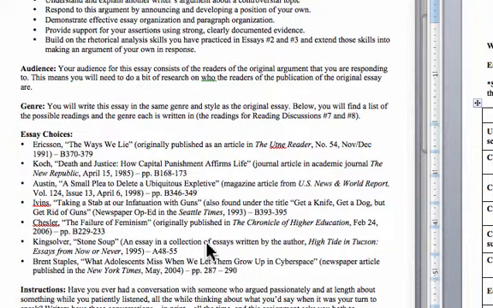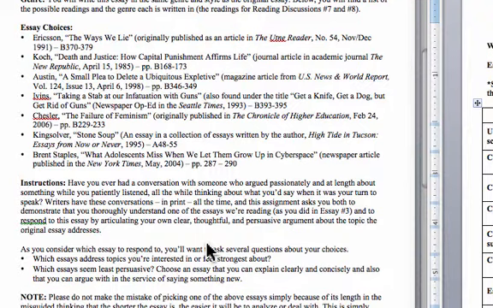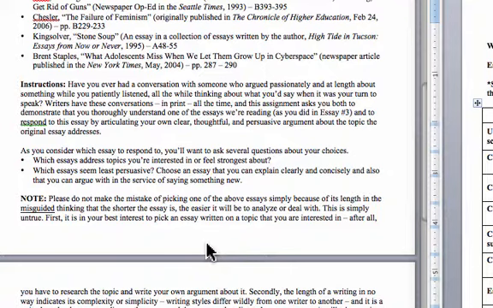Okay? Whereas Kingsolver's piece, Stone Soup, is an essay in a collection of essays that was written by her. And generally in an essay collection, the author may sometimes write in a narrative style. Stone Soup is certainly written in a narrative style. It's a reflective piece, but it also has an argumentative point to it. Okay, so you're writing with the same audience and in the same genre that the essay you've chosen was written in.